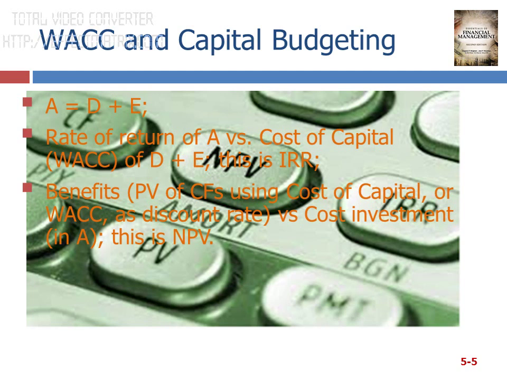So again, to summarize, what's the involvement of WACC in capital budgeting? In IRR, this is the cost of capital, or the rate with which you compare the IRR. If the IRR is higher, then you accept the project. And for the NPV, it is the discount rate used to get the present value of the cash flow benefits. You compare that with the cost of investment. If the present value of cash flows or benefits is higher, then you accept the project.